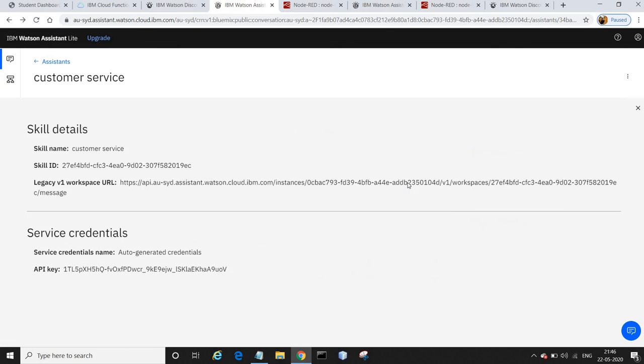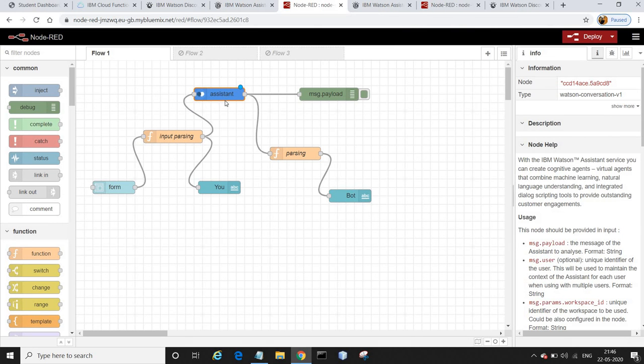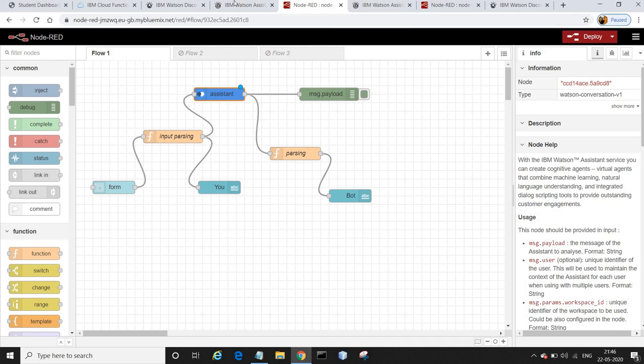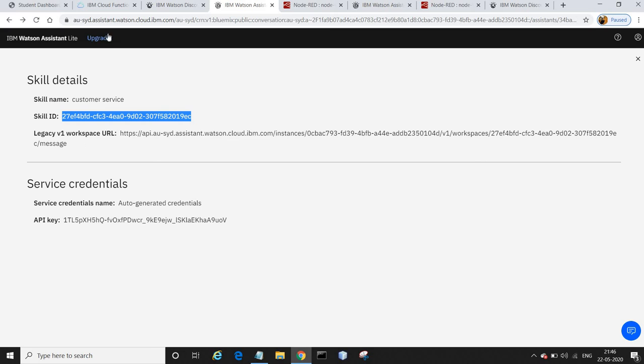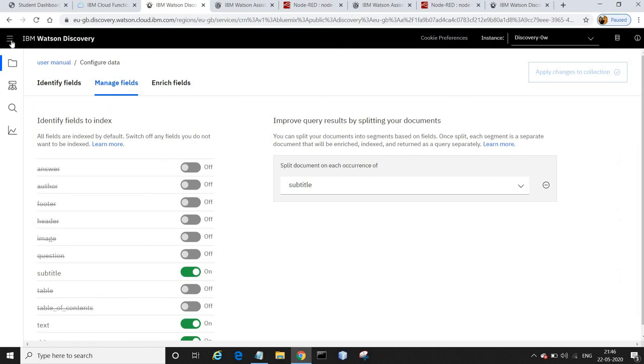Click on view API details and this skill ID is nothing but your workspace ID which you need to be given in assistant node. API key and URL are obtained from launch page of Watson Assistant.